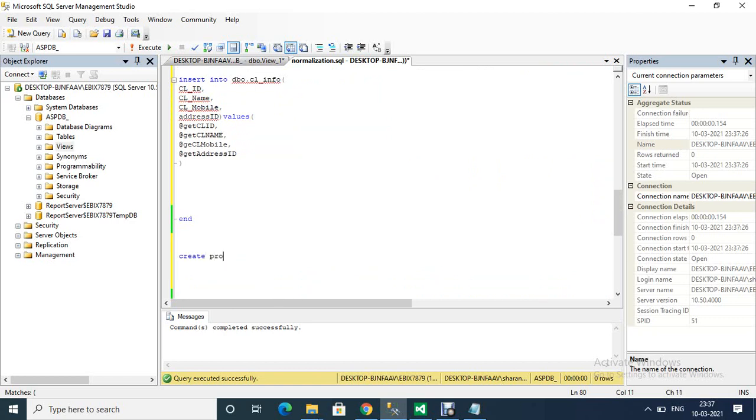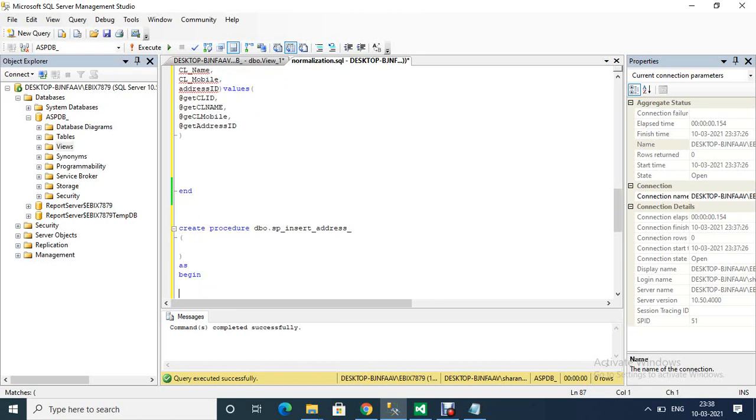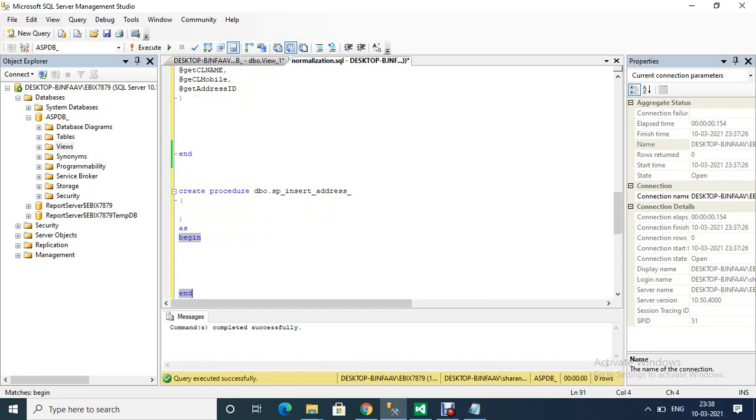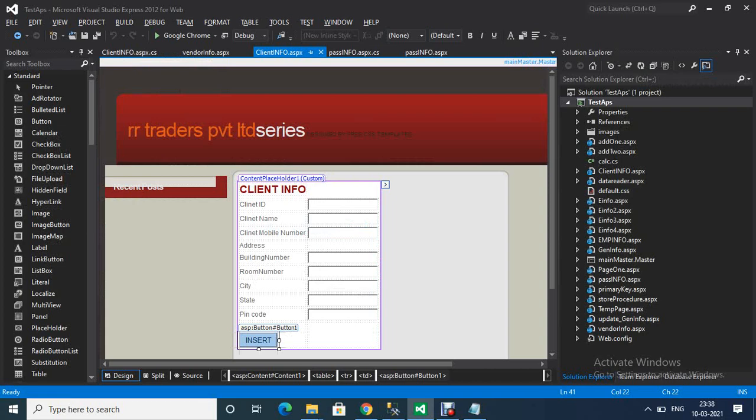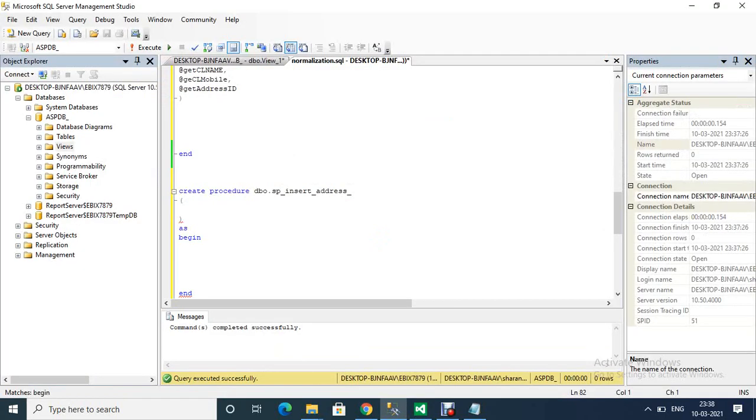Create procedure dbo dot sp underscore insert underscore address. Open the bracket, close the bracket, begin end. Here, what I get from the front end: I'm getting building number, room, city, state, pin code, all these things, correct? So first